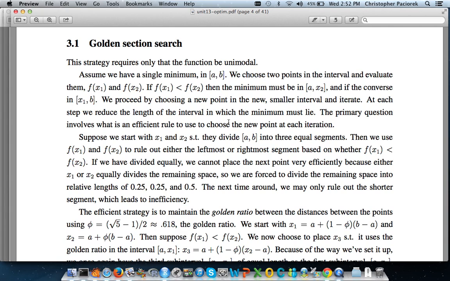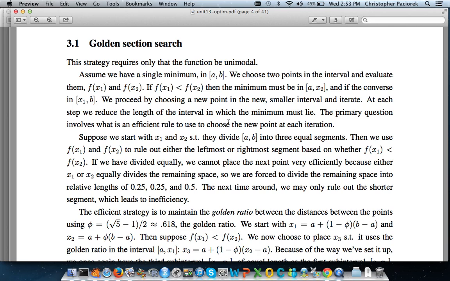All right, let me draw this picture again. I've sort of drawn it in a bad way in terms of proportions relative to what phi is going to work out to be. So let me draw this in a way that's a little bit easier for me to work out here. Okay, so this is now 2 phi minus 1 here. This is the 1 minus phi that I eliminated. Instead of putting x3 in here, because this is going to turn out to be smaller than this, I'm going to put x3 over here. That was why I was getting fouled up. So if I choose x3 over here in such a way that this is 2 phi minus 1,